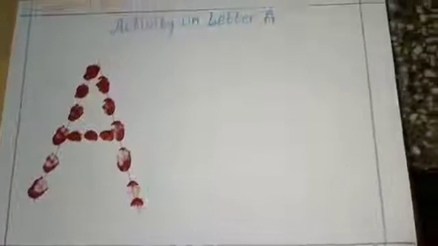Also, tell your student or advise them to draw the line or color the line from the upward. In this way they will learn that the letter A starts from up from both sides, and in the middle they will do like this. It's a fun activity that we can do with the kids.